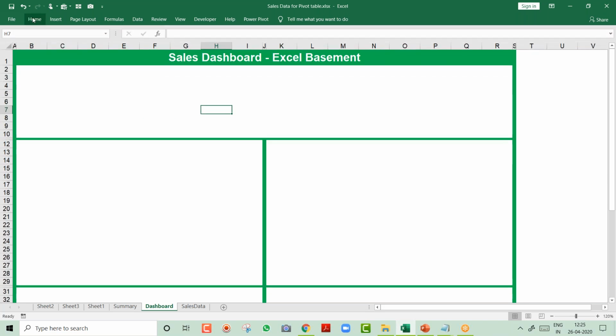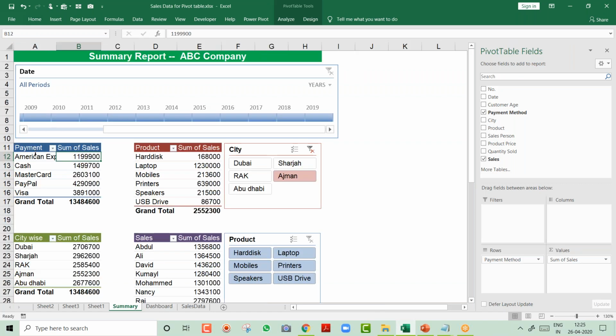Okay. And now I will go to my summary sheet and I come over here in payment. What is the shortcut for creating a chart, friends? Can you tell me in the chat box if somebody knows what is the shortcut for creating a chart? Some of the experts should quickly reply. Okay. Control T. No, Danish. Control T is for table, dear. Alt F4. Alt F4. My computer will shut down, boss. You want me to close the session? Alt F1. Yes, yes, you all are right. Alt F1. So that is F11 and Alt F1.